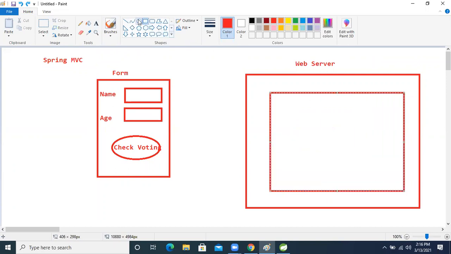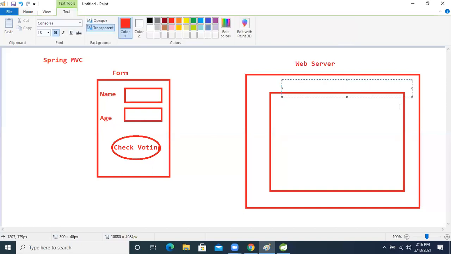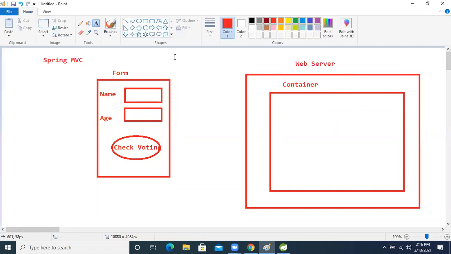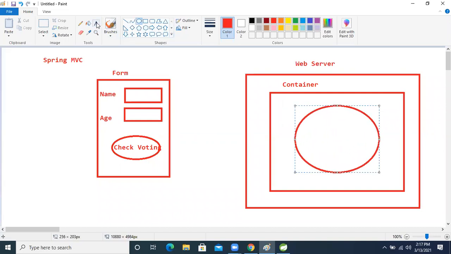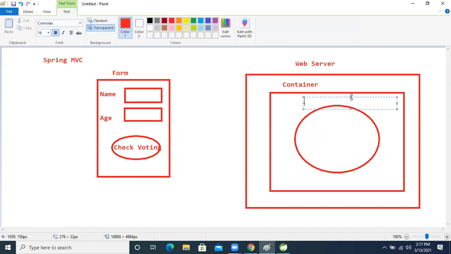Catalina container means servlet container. Inside that container, our voter servlet application is running now, okay? In this voter servlet we will write the logic, right?